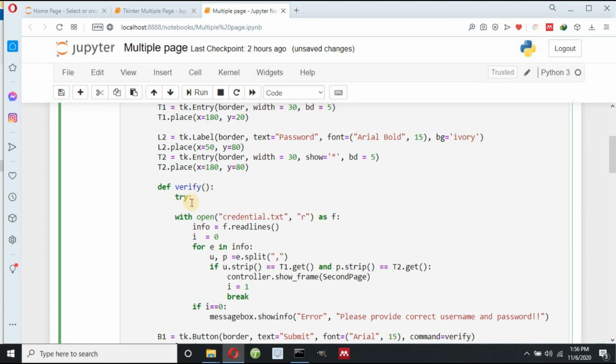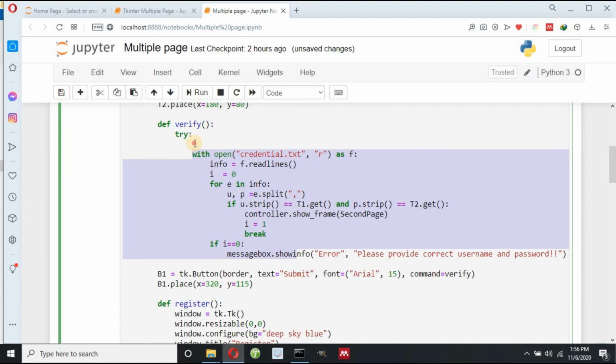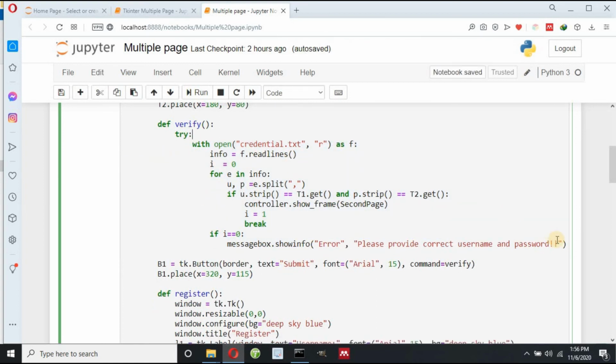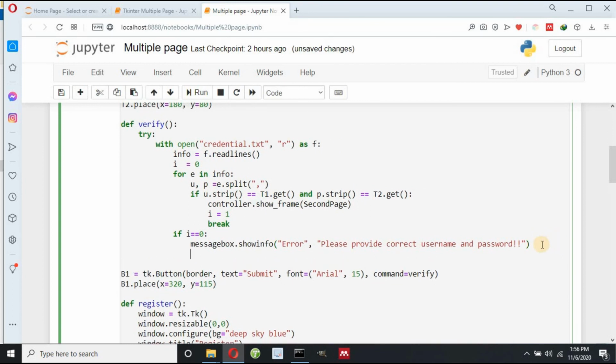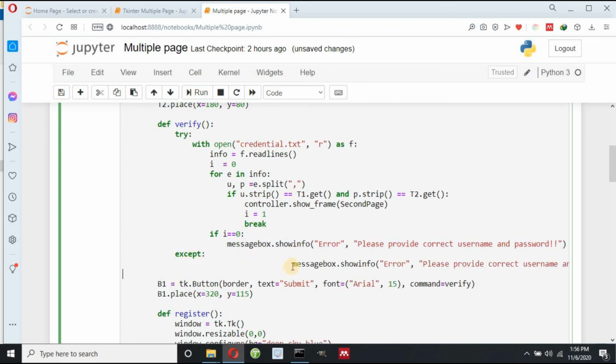I can write try, and then select this with tab, and then write except, and then I can copy this line of code, Ctrl C, and paste it over here, Ctrl V.